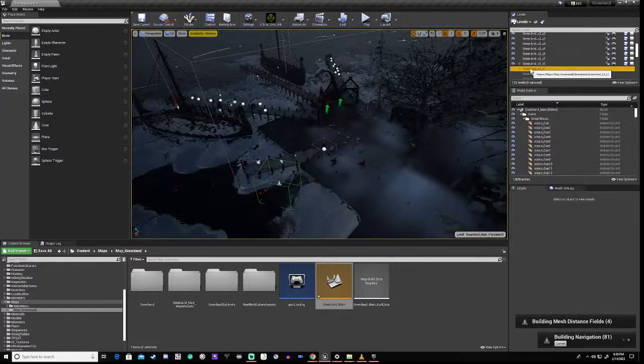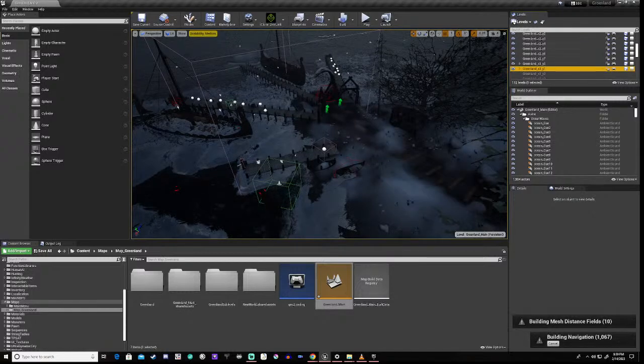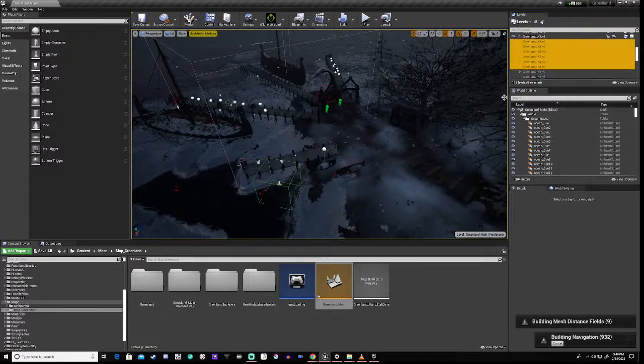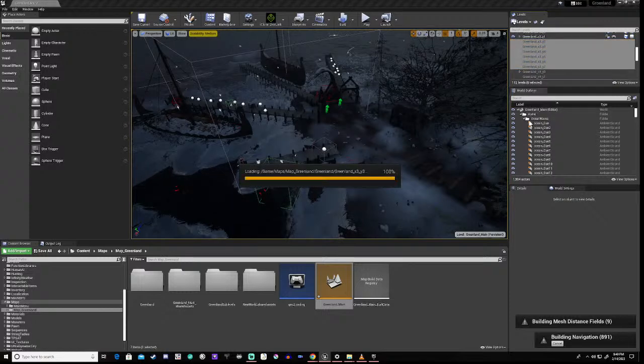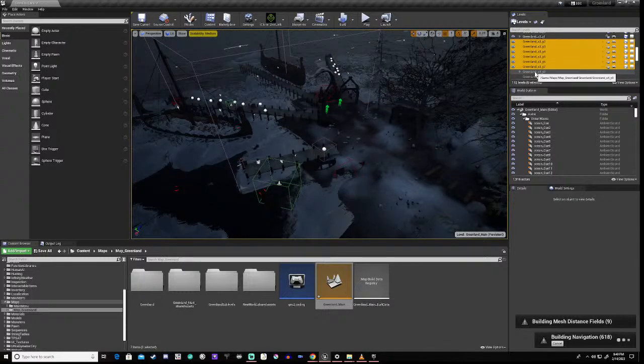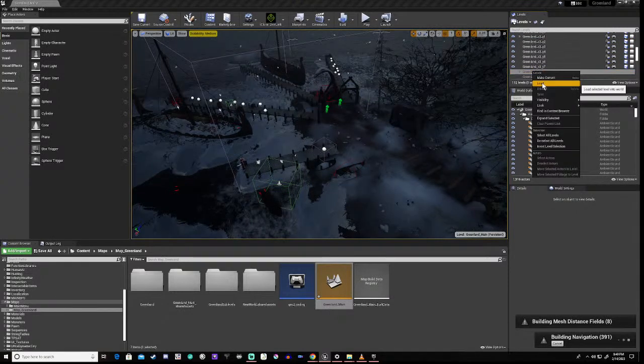Right, so there we go. Let's build navigation again. It can build navigation all at once. I'm still loading. Are they loaded? I'm guessing so. Well, let's load that.